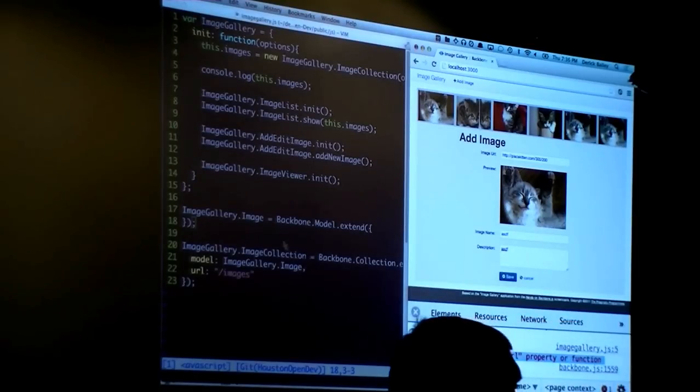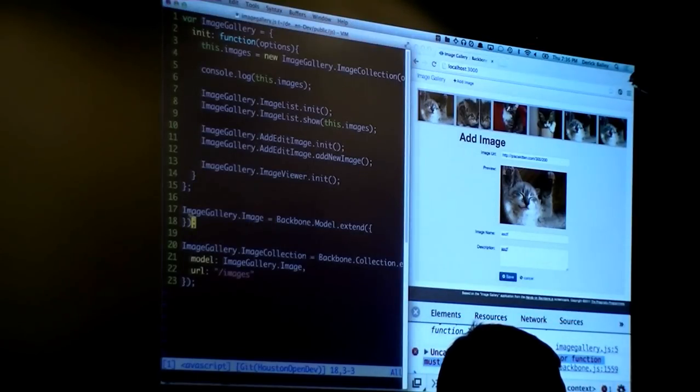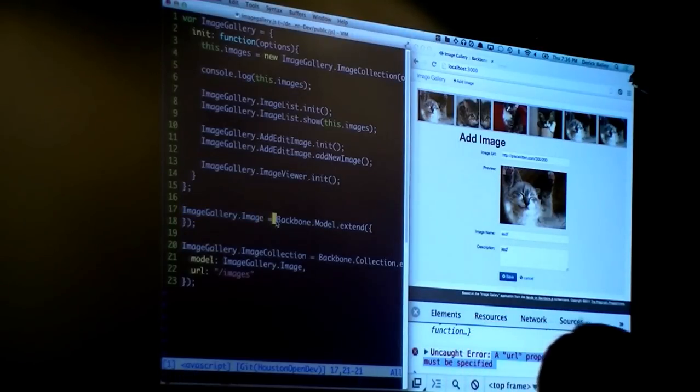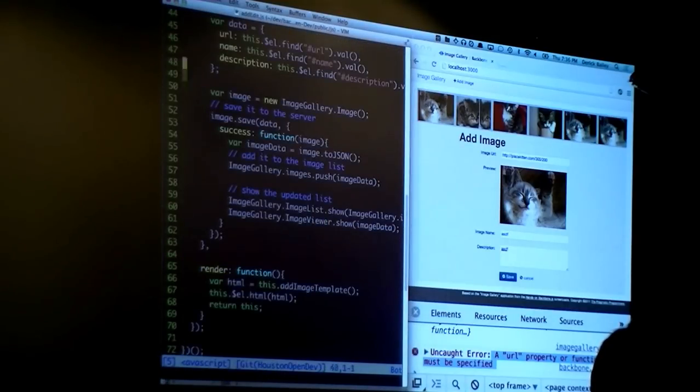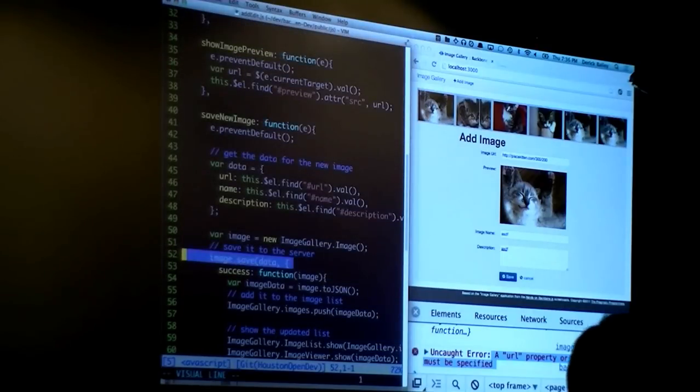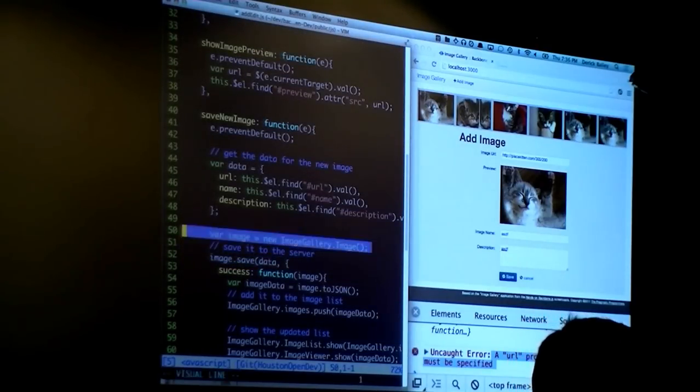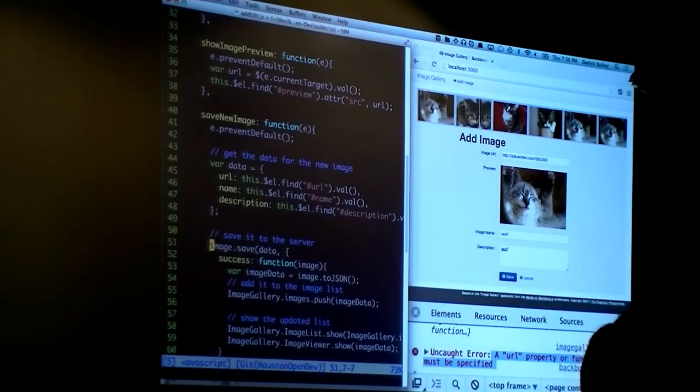This error comes directly from the Backbone model. My image no longer has a URL attribute on it. So in my add form, where I was calling image.save, I don't want to use image.save directly because my image instance isn't part of my collection yet. I've created the image instance on its own, not as part of a collection. So instead of trying to do that and having to put the URL in both places, I'm going to change